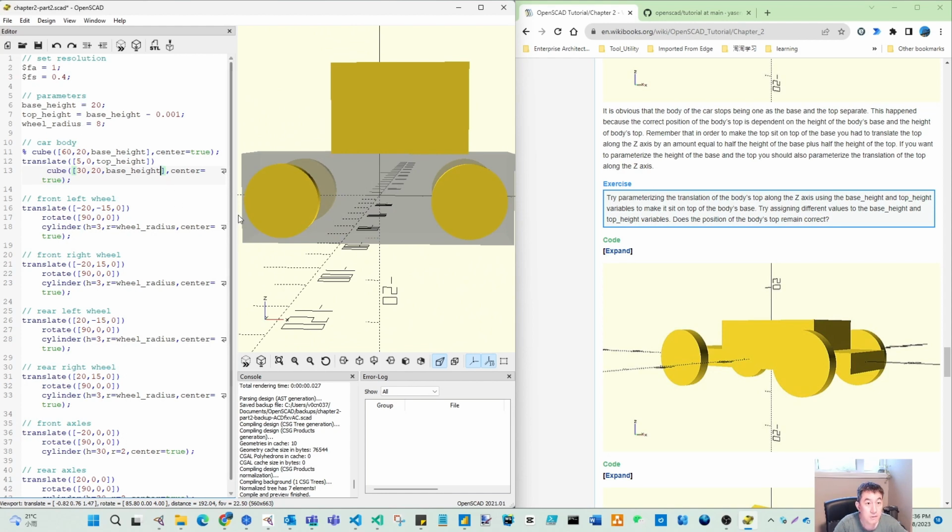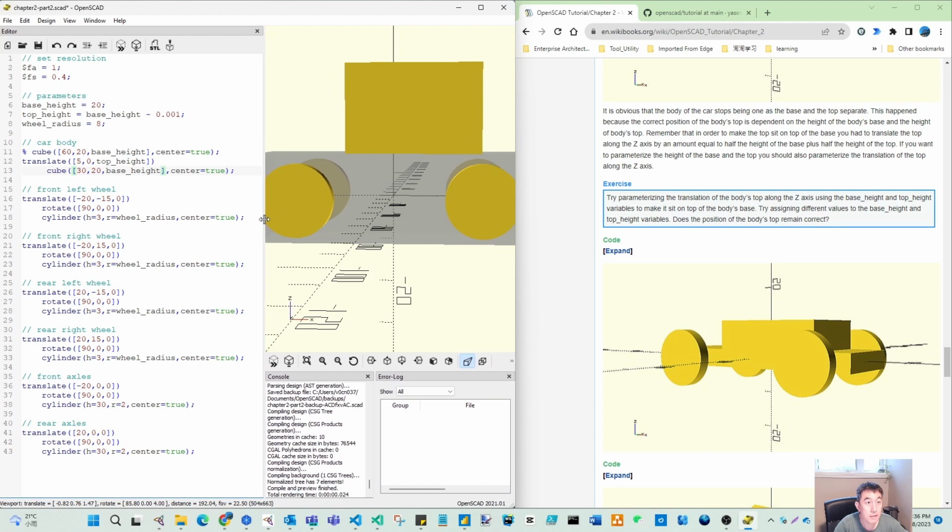So that is the base height, top height. Let's use this as the top height is the 20. Is the base height minus. Okay, so we should be able to dislink top and the base. So this is the base height minus 0.001. We don't need to make here as